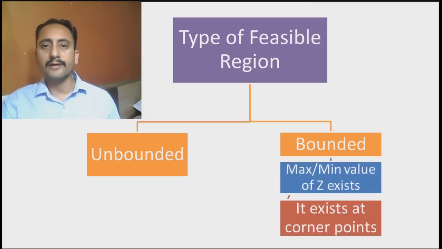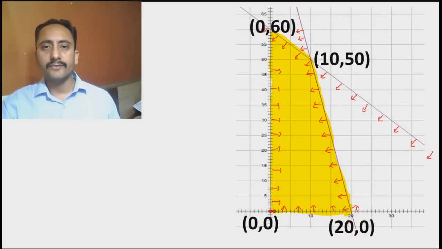Let's again go to the graph, and here it is. The four corner points are (0, 0), (20, 0), (10, 50) and (0, 60). So the next step is again done. We have already plotted a graph in which we obtained a feasible region as a bounded region. We obtained the corner points also. And I know that one of the four corner points gives the maximum value of our objective function, that is